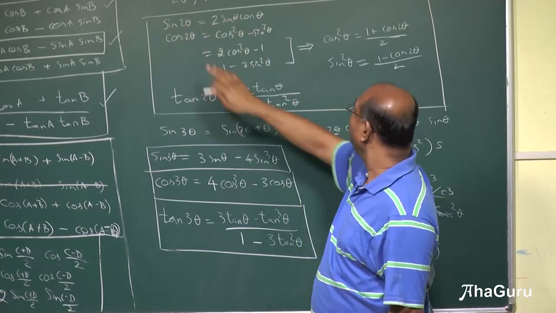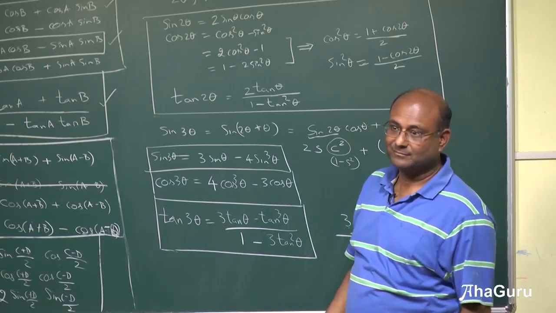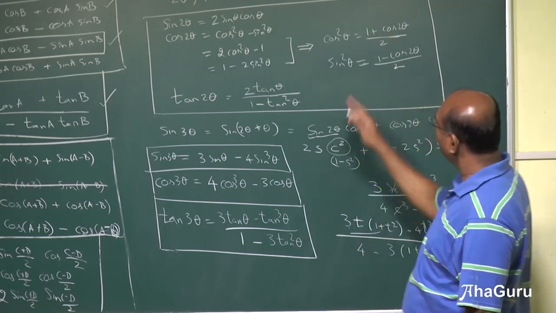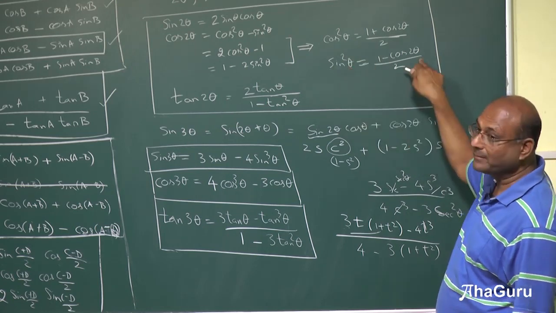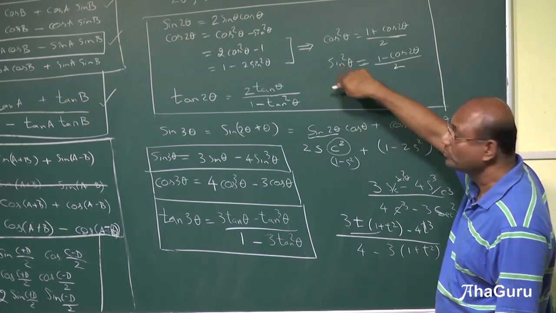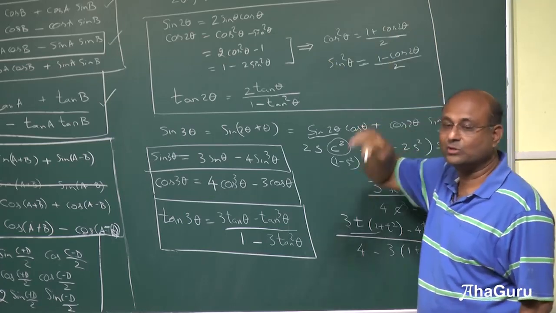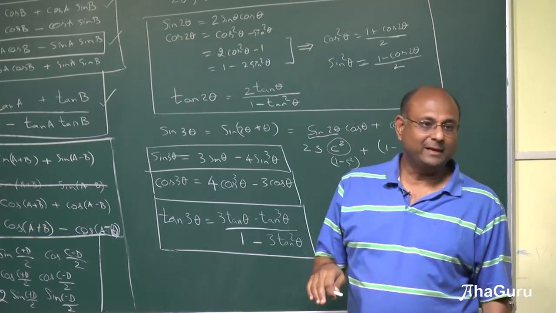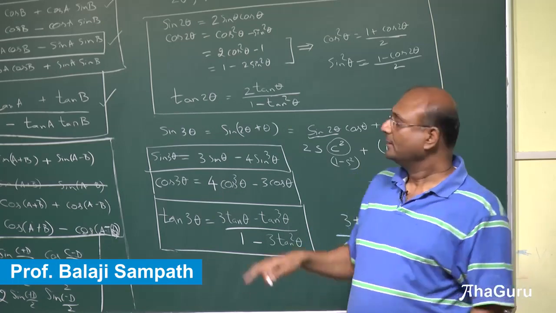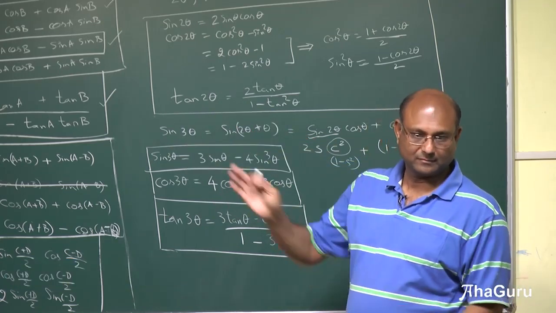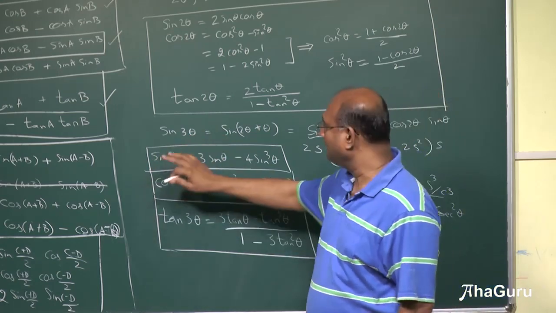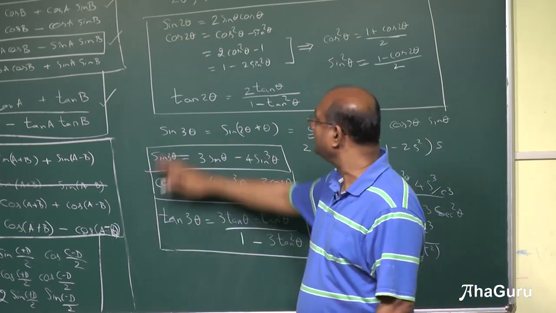For cos theta by 2, this is a very nice one. Sin also you can use this. If you put theta by 2, this will become root of (1 minus cos theta) by 2. So from this you should be able to convert it for theta by 2 if you want. Right now we won't worry about it. We'll only focus on the fact that we are talking about 3 theta and we're talking about